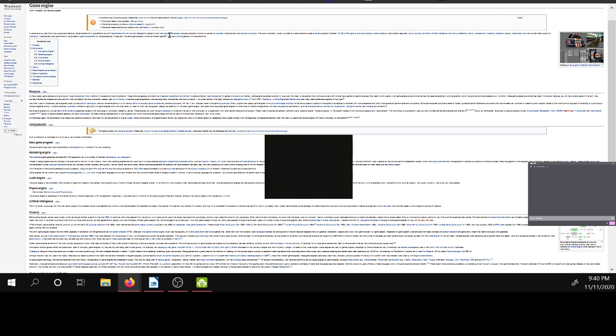So common as AI. These game engines are sometimes called middleware because, as with the business sense of the term, they provide